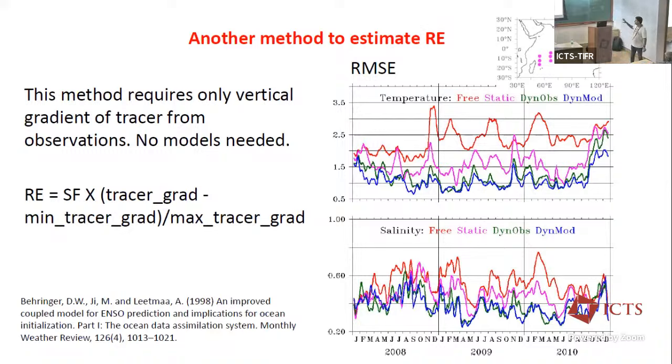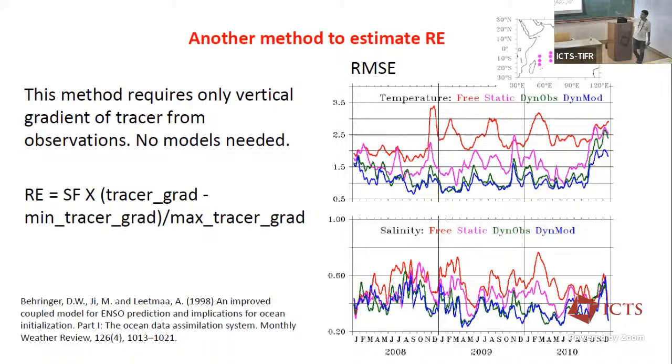Okay. But this also varies with time, because this profile is at one instance of time. This is how the temperature profile is. At some other instance, this profile will change, right? So your dT, dz and everything is going to change. So your RE is going to be dynamic. For this method, you only need observation.